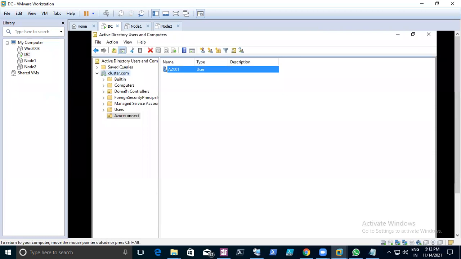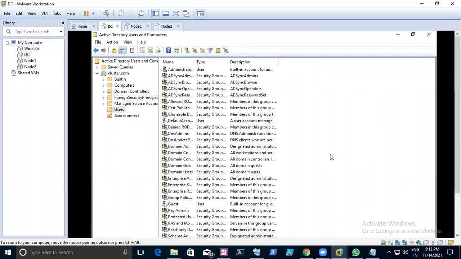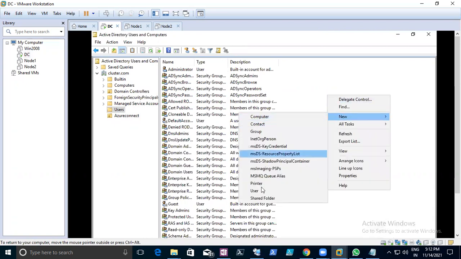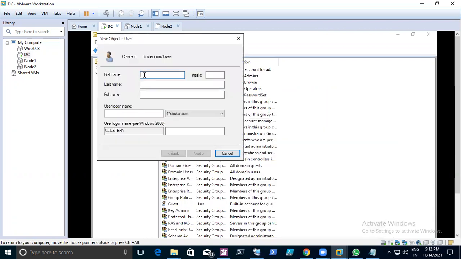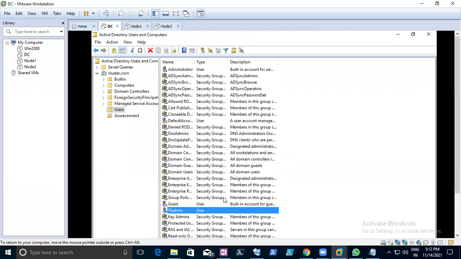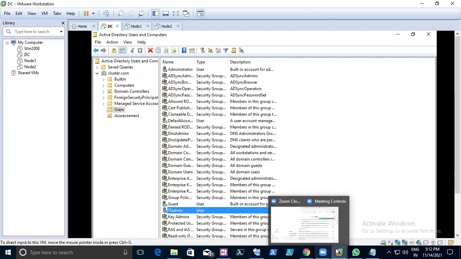Go to these users. It's saying that is already an enterprise administrator, so it's not allowing. Go to that user, say IT admin, finish it. Okay, let's see if a domain user can take it or not.